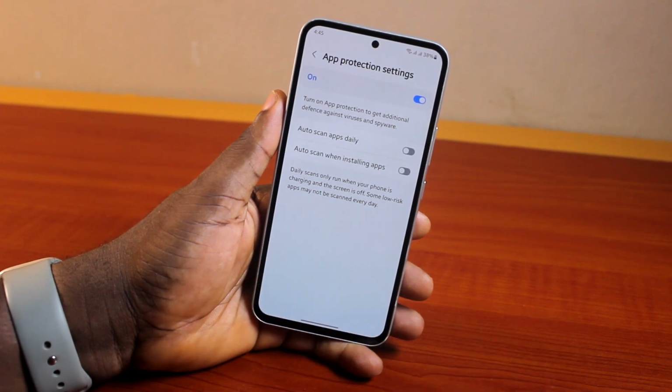And then you're good. So that is basically how to disable or turn off auto scan when installing apps on